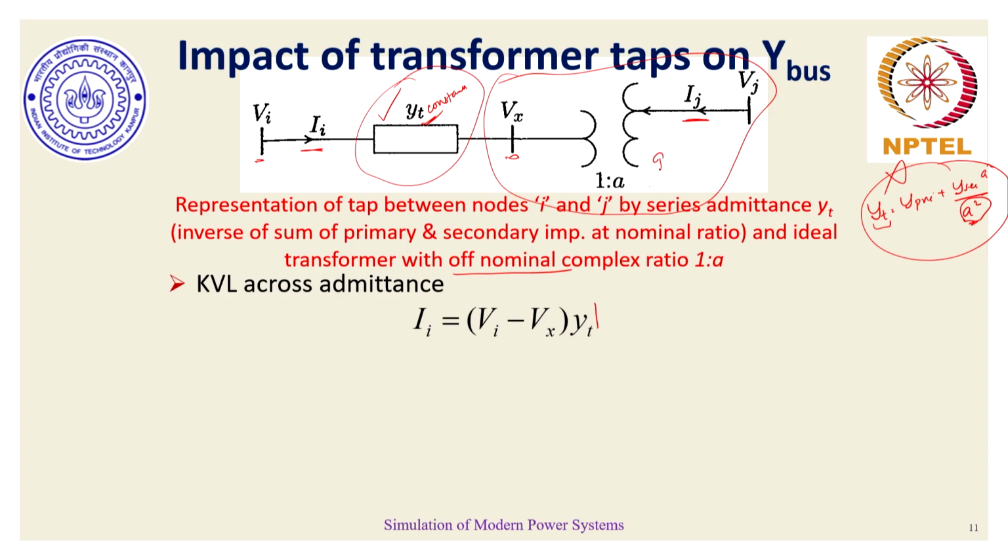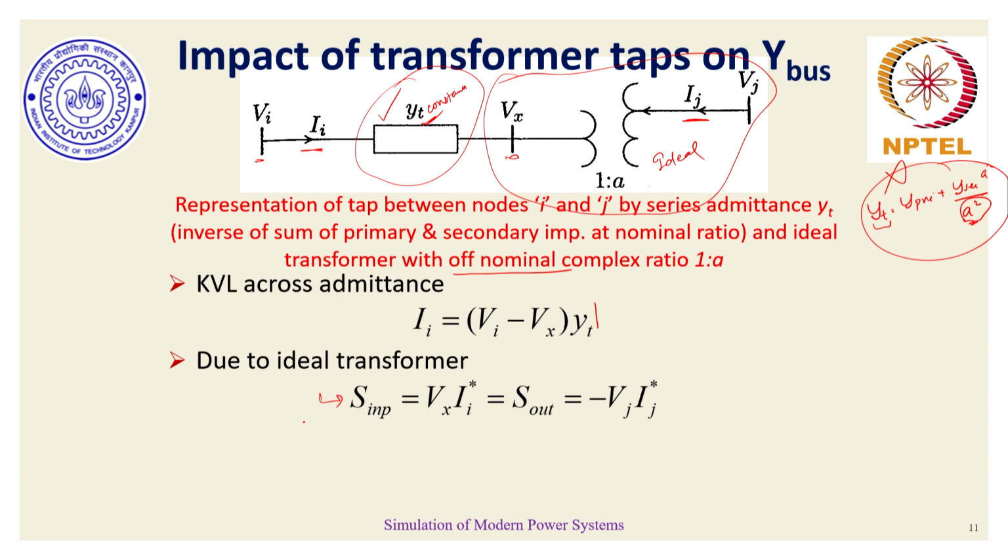So this is a perfect ideal voltage transformation which is happening, and hence the corresponding input power is same as the corresponding output power. There is a difference in sign here, because we assume that Vx and Ii are the corresponding input entities, while at the output side we have Vj and minus Ij as the output current. So that's how the negative sign is coming in. Why do we have this conjugate term coming in over here? I have briefly explained that in the initial discussion. I'll talk about it at length in the next lecture, so please have patience.